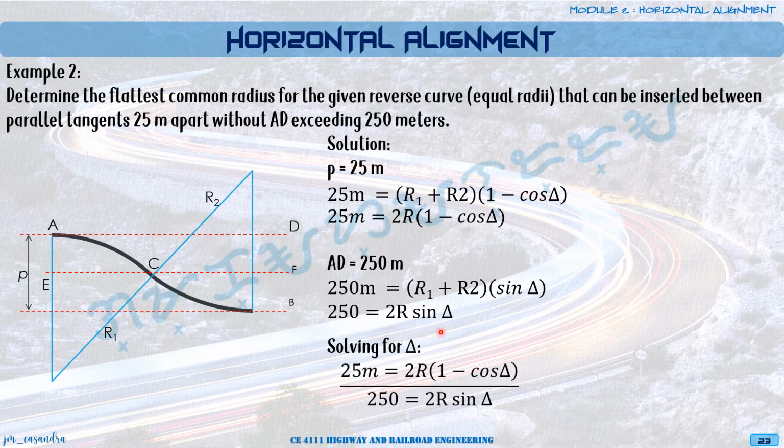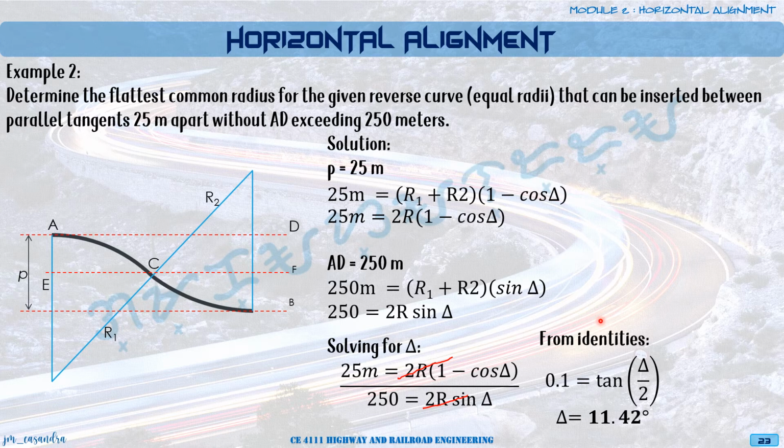So with that, we have now 25 equal to 2R times 1 minus cosine delta, all over 250 equal to 2R sine of delta. So 2R cancels out. Okay. So we could simplify this as 25 over 250, or 0.1, equal to 1 minus cosine delta over sine delta. From identities, 1 minus cosine delta divided by sine delta is equal to tangent of delta over 2. So from here, we'll be able to get now the value of delta, which is equal to